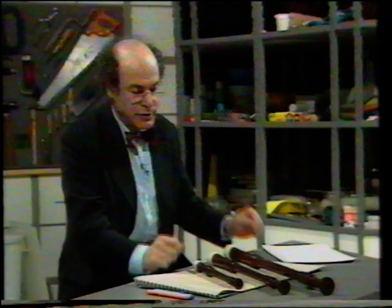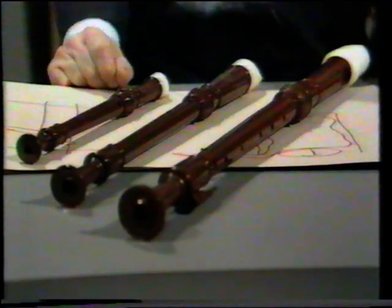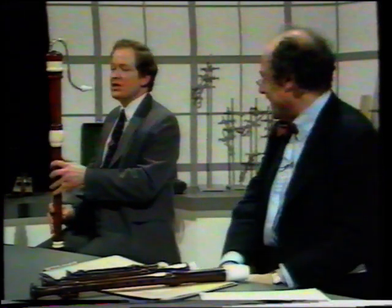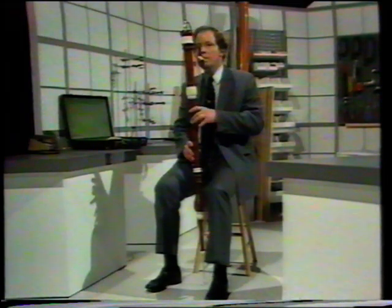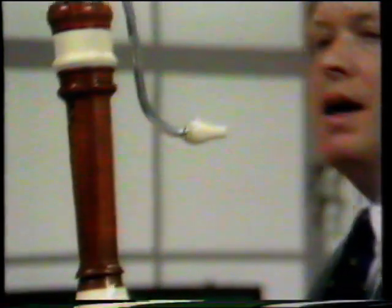These three recorders, which we see here, are the range which a school would normally use. But you, Terry, can complete the consort, I understand. Well, I think I can, Heinz. I've got some lovely instruments made by Kenneth Collins, and this is a bass recorder that has some rather nice notes. And just slightly differently to that one, in complete ivory,